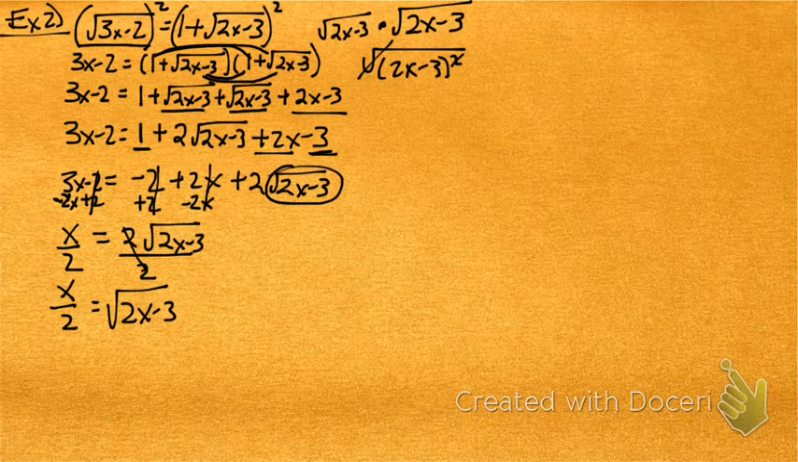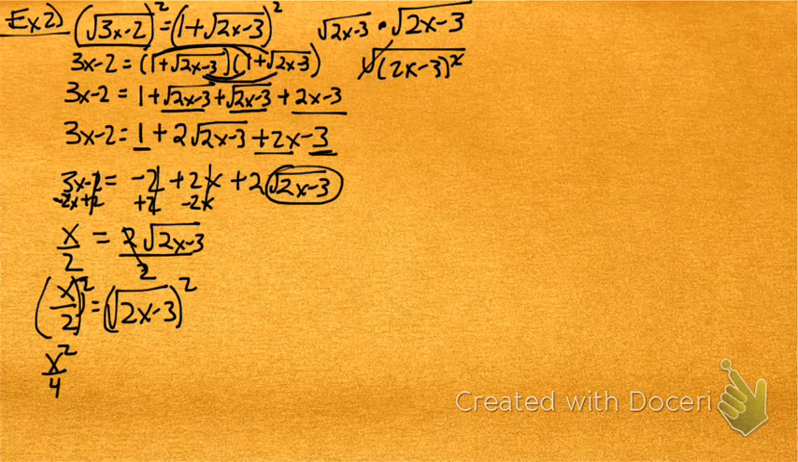Now it's isolated, the radical. We're going to square to undo it, and I have to square this side. If I square a fraction, I have to square the top and the bottom. So I'm going to have x squared over 4 over here, and on this side, I just have 2x minus 3. Now, in order to get rid of this fraction, I don't want to have x squared over 4. Let's multiply both sides by 4 so that these cancel, and I now have x squared equals, if I distribute,